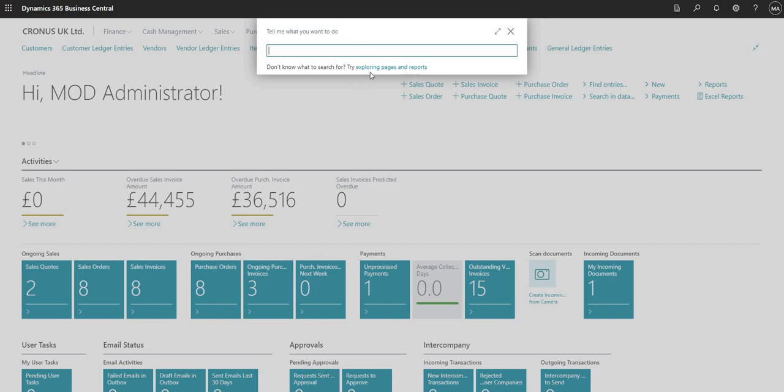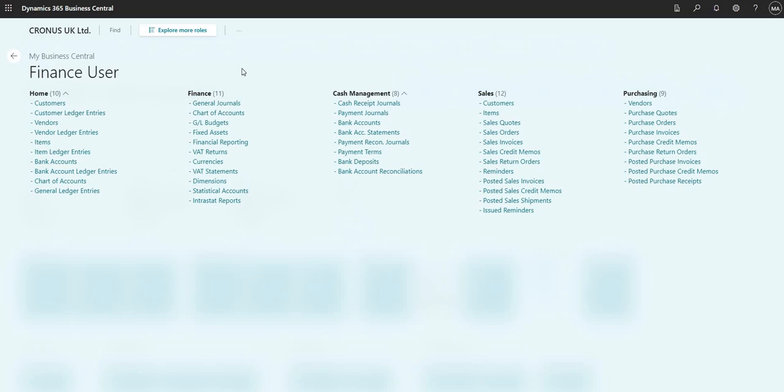So what we'll do first is we'll just jump onto the bottom area of the search here, and this function here is basically saying if you don't know what to search for, just try exploring pages and reports. Now what is this? Well, it's basically just the role explorer within Business Central. So right now I've pressed that and it's taken me through to another page here which is based on the role that I've been assigned. So it's a bespoke role that I've designed for myself. It's called Finance User,